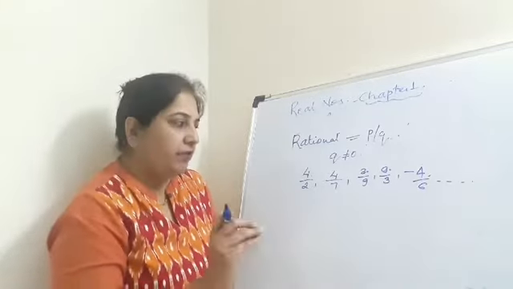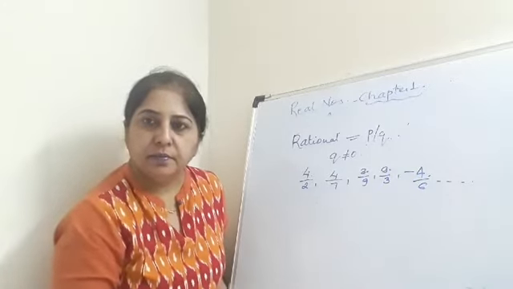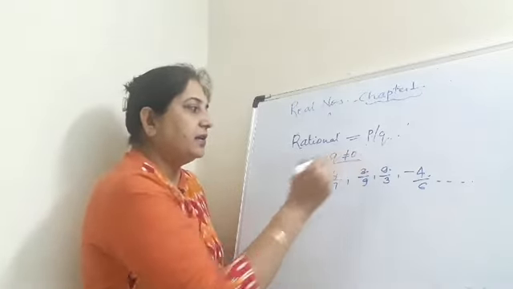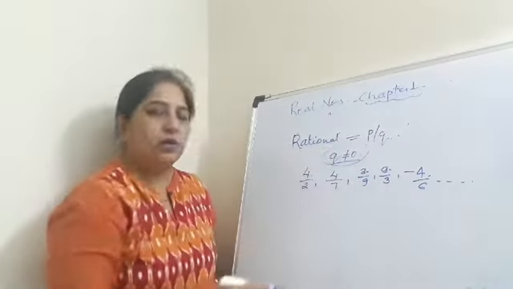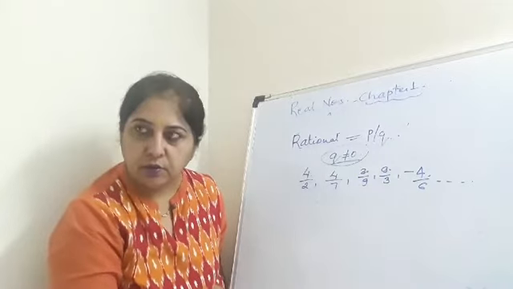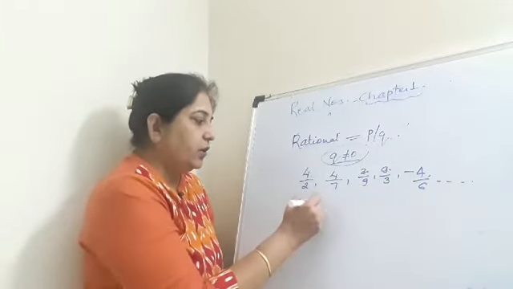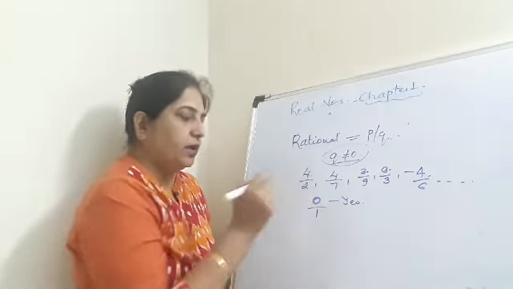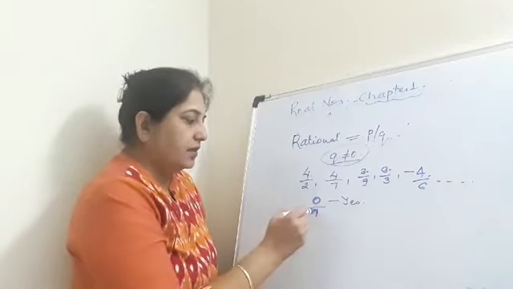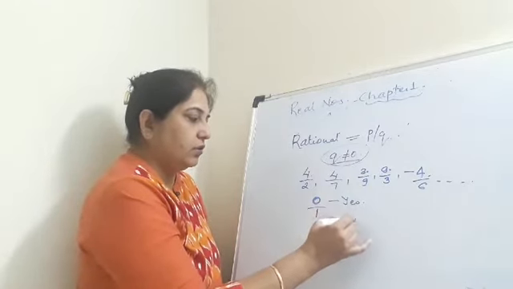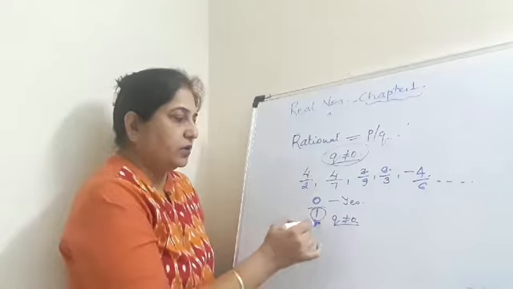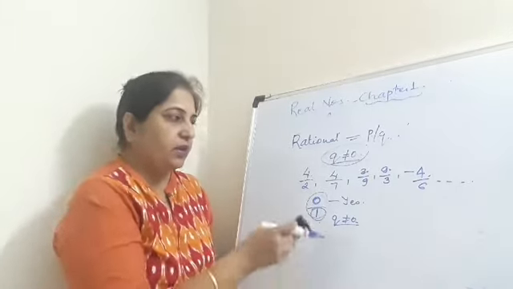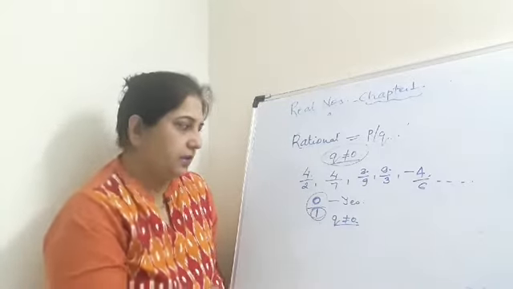You know that every number is a rational number. Okay, it should be in the form of P by Q, but remember that the condition is Q should not be equal to 0. That means in the denominator it shouldn't be 0. Otherwise, if I say is 0 a rational number, you will say yes, because I can write 0 as 0 by 1. Okay, now this is Q, which is Q is not equal to 0. Here also Q is not equal to 0, hence it is a rational number. Okay, so this is what a rational number is, and you have been studying these rational numbers from class 7th.